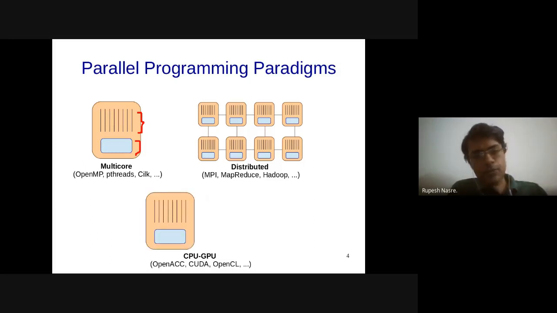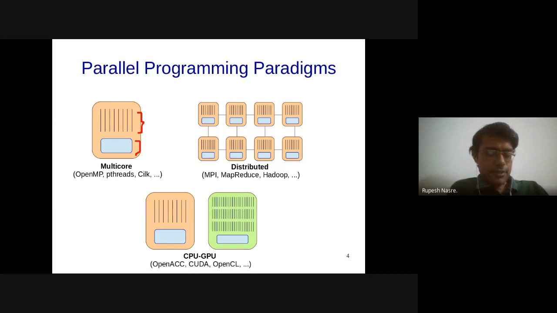So we have our CPU, very similar to what it is in the multi-core setup or in one machine of a distributed setup. And along with that, there is another box, which is a GPU. What are the differences between these two? First of all, the number of lines you see are very different. There are larger but fewer lines in the CPU, and smaller and more numerous lines on the GPU. These lines, we said, are cores, which means that there are typically more cores on the GPU, and those are smaller. What that means is that those are most probably less powerful.